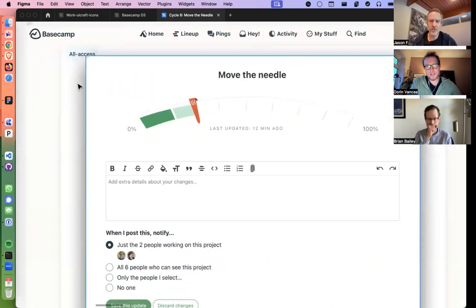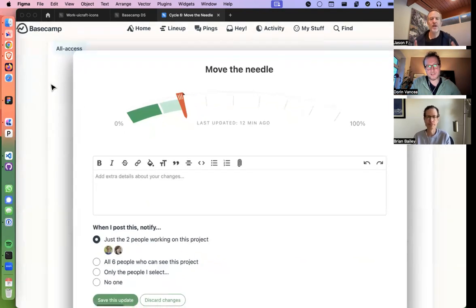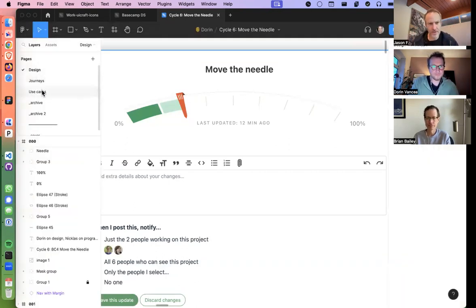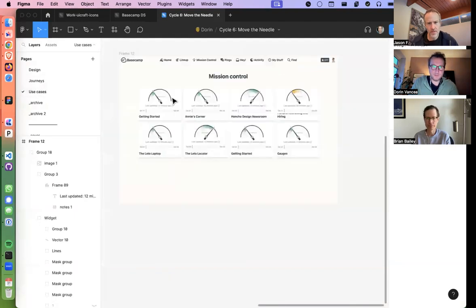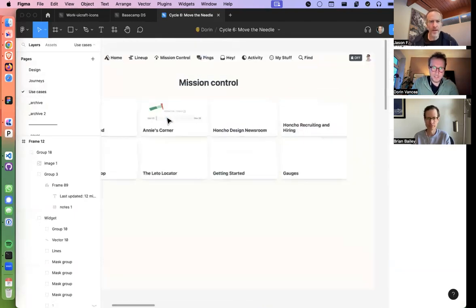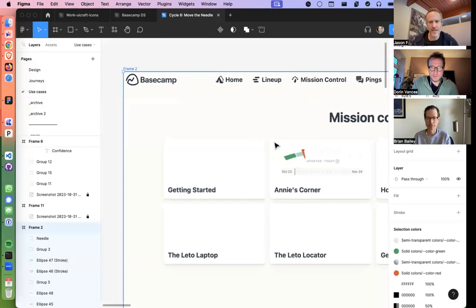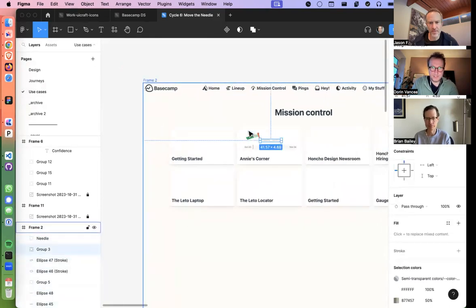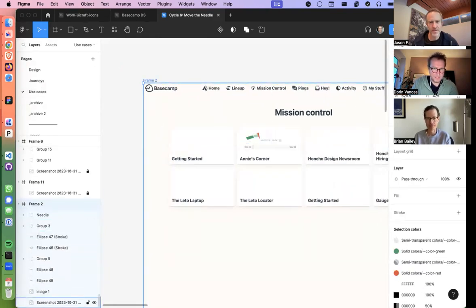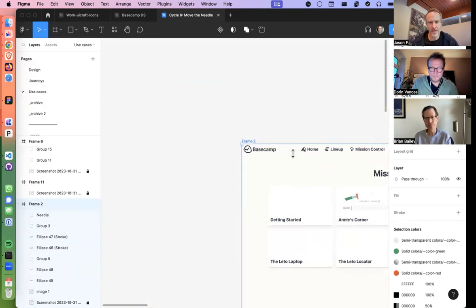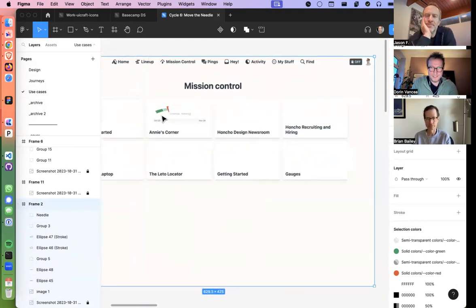Yeah, this looks good, man. And the other thing is, can you go to the mission control version of this one if you have it? I have only one of them, but let me quickly... Oh yeah. If it's not too much of a hassle, just dupe that a bunch of times. Yeah, I'll do that. Just give me a sec. I know you have to deselect things and whatever, but